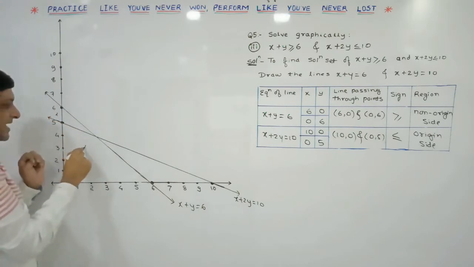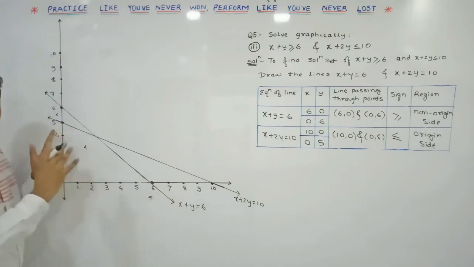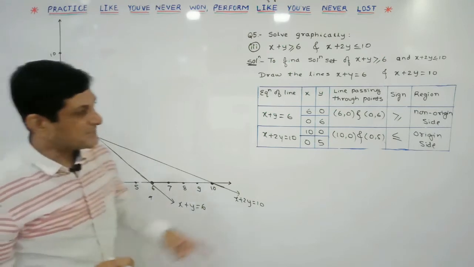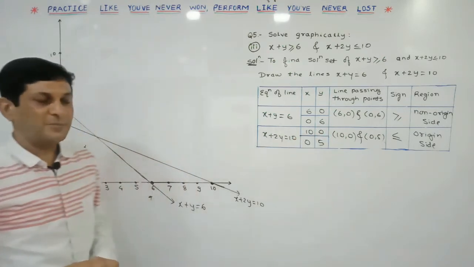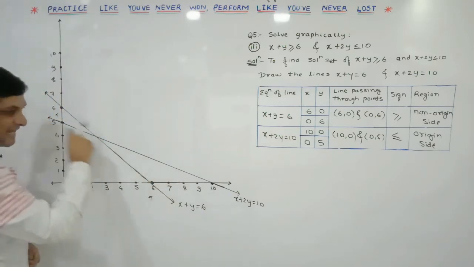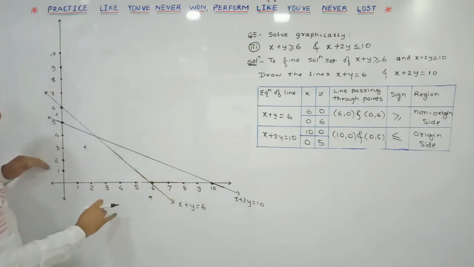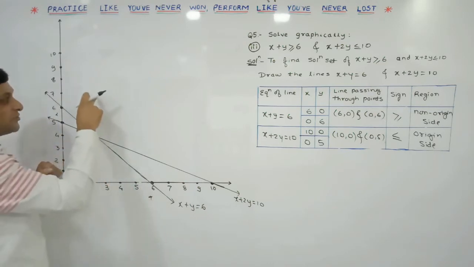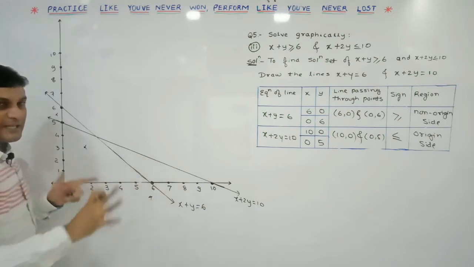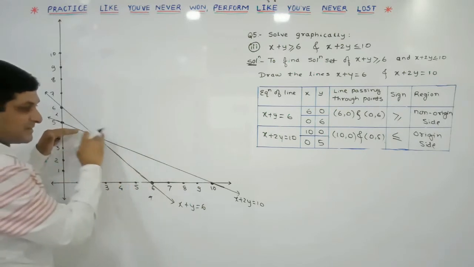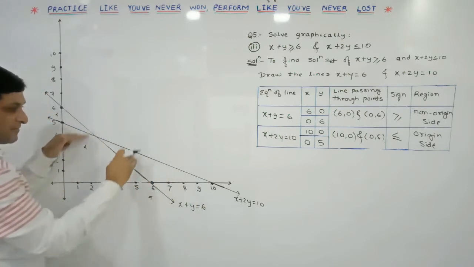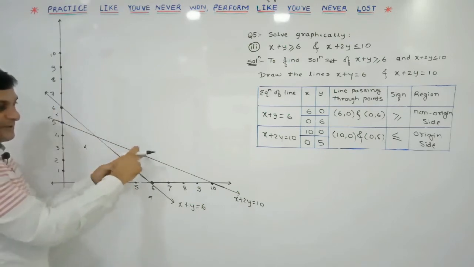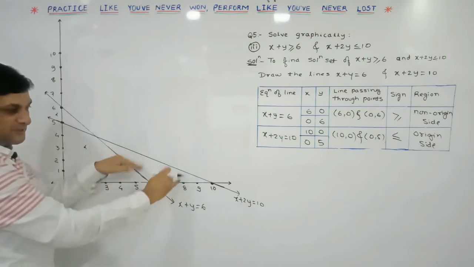So this part has now been deleted by the first expression. Now for the second expression, the origin side part will be our solution set. Is it our second line? For this line the origin side part, but this part is already deleted. Somewhere in the parts that remain is our solution set. Our second line says the origin side part will be the solution set. The origin side part is already deleted by the first line. Now the origin side part means this part will be the solution set.